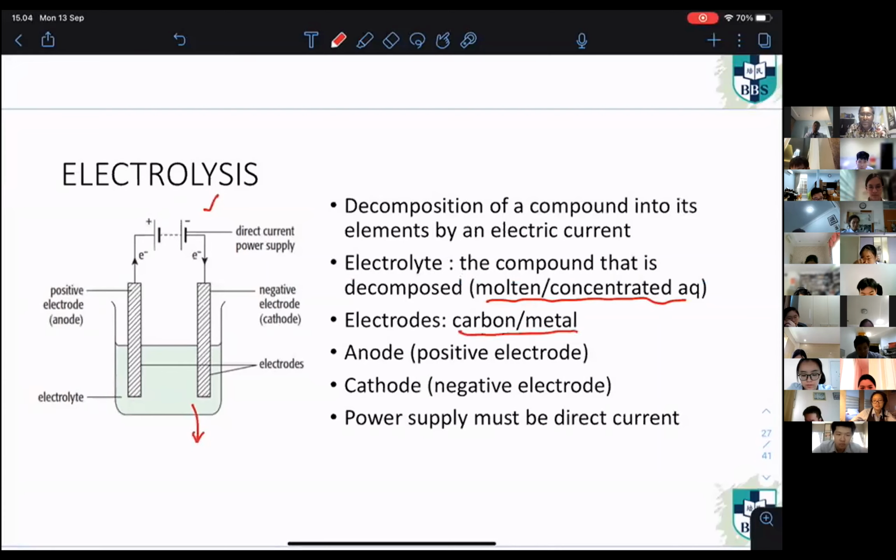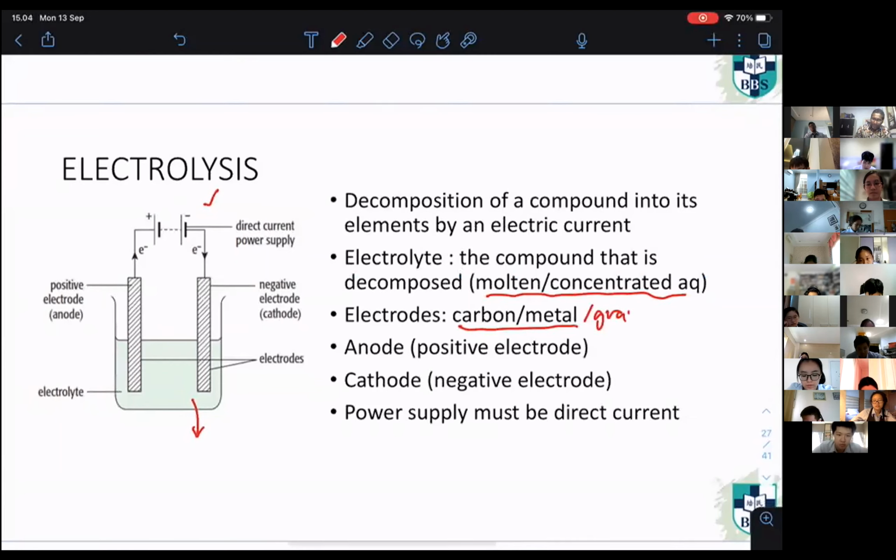You don't go and use PVC over there. It must be something that can conduct electricity. Even graphite can, and platinum can. Don't ask me why I didn't write it over there. Actually, you should know. Anything that can conduct electricity can be used as an electrode. The anode is